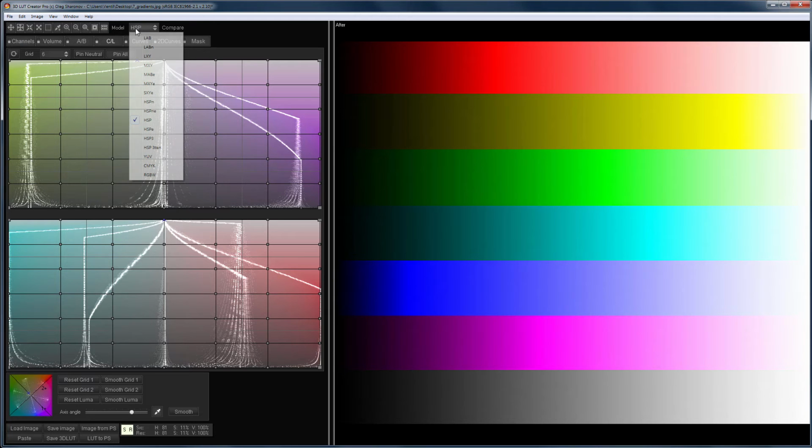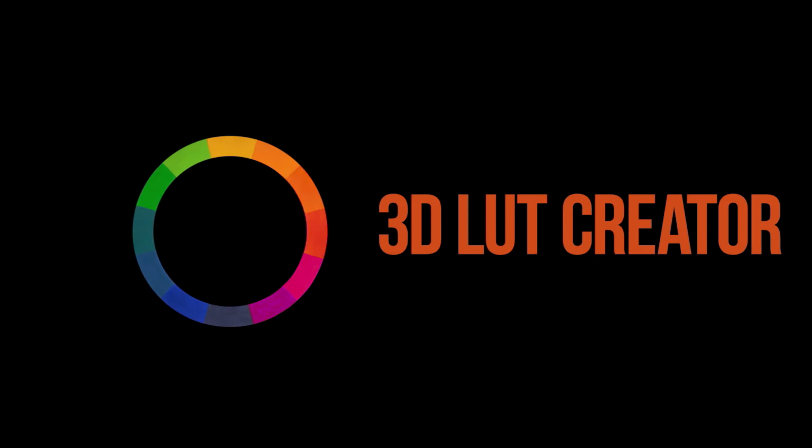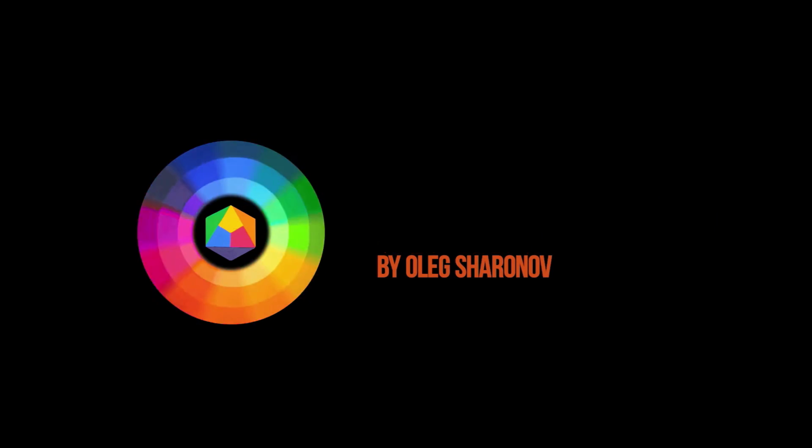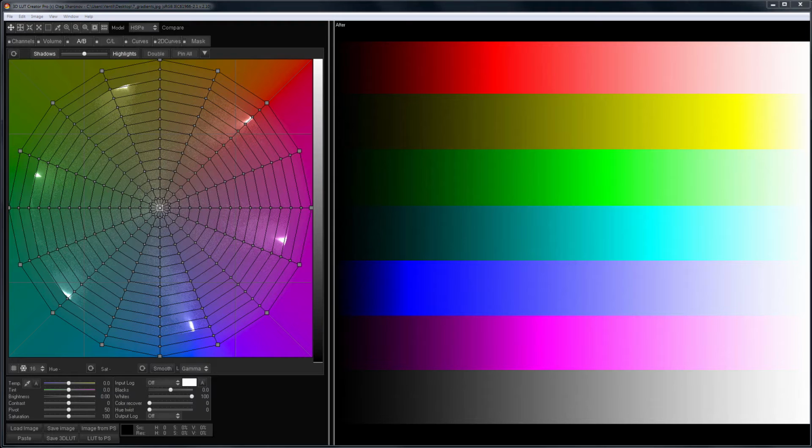Hello! This video tutorial is devoted to HSP and LAB working color models in 3D LUT Creator. In the video that was dedicated to the principle of the AB and CL color grids, we discussed the HSL color space, which is very similar to the HSP color space, the basic working color model of the program. So today, I will start with HSP-based color models, especially since one of them, HSPE, is the default color model